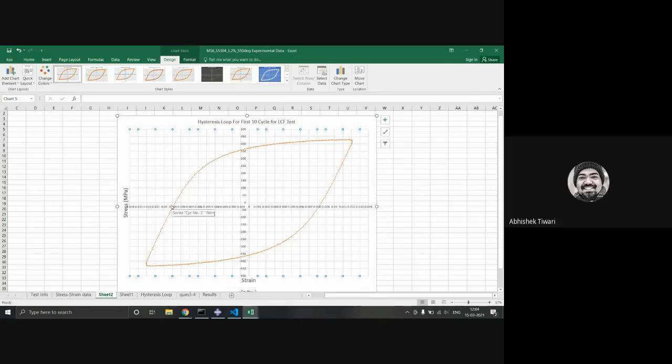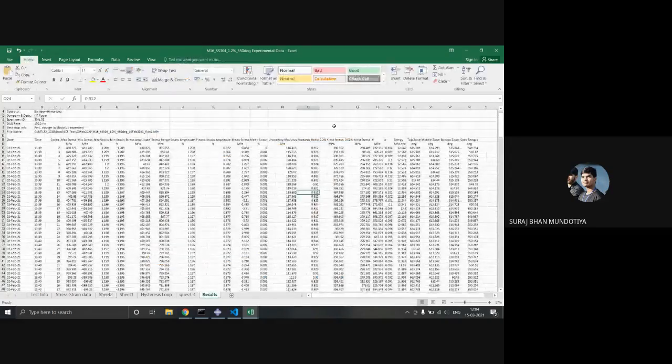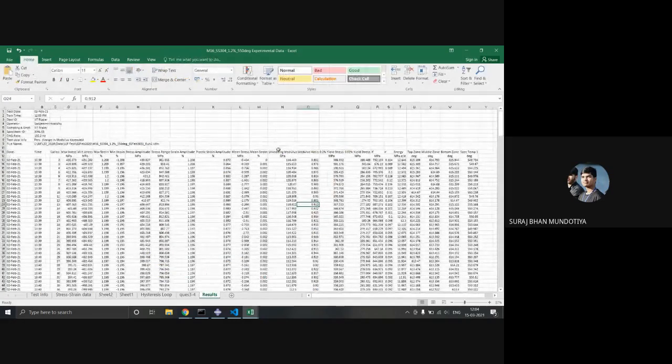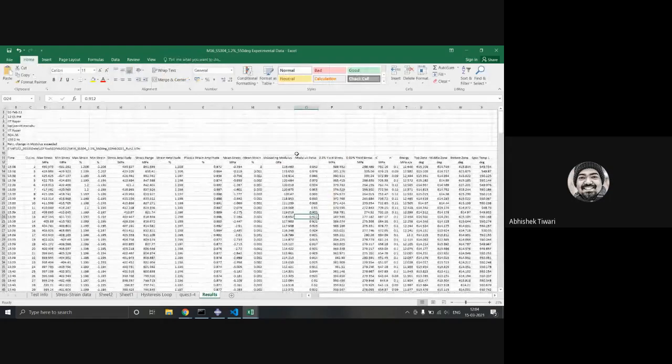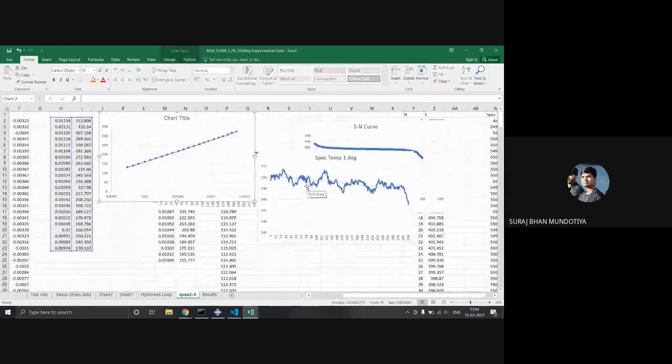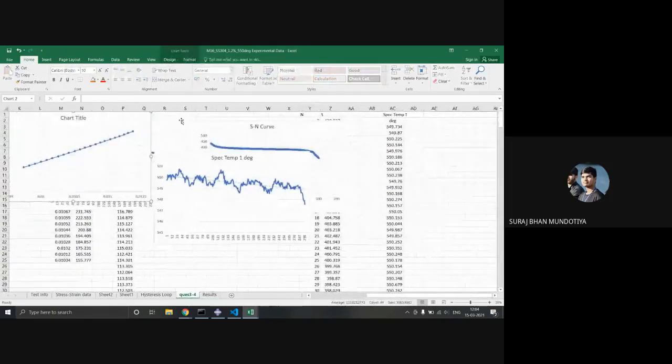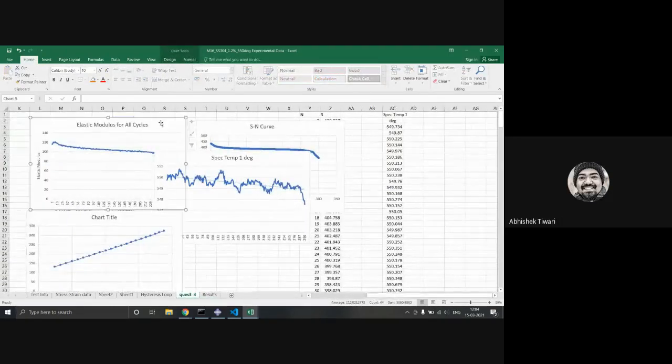Yes, for elastic modulus we want to see the difference when the damage creeps in. So you shouldn't calculate the elastic modulus from the initial loading part; take the slope of the unloading part. Yes, sir, it is given in the results, like unloading modulus. So if the unloading modulus is given, then there is nothing to do. Sir, I directly plotted it. What is this zigzag that looks like vibration?